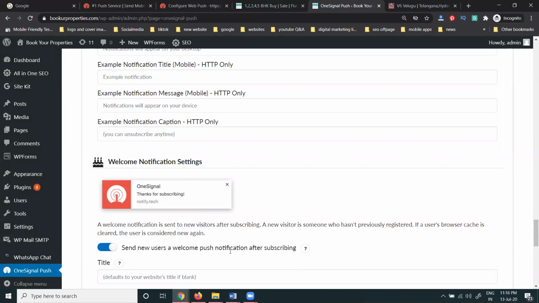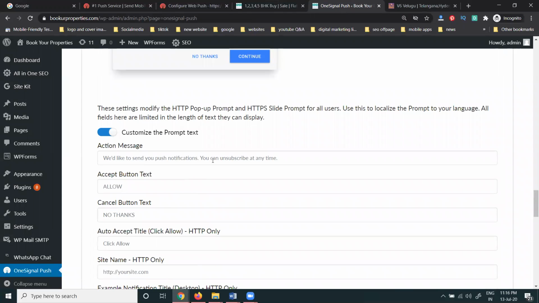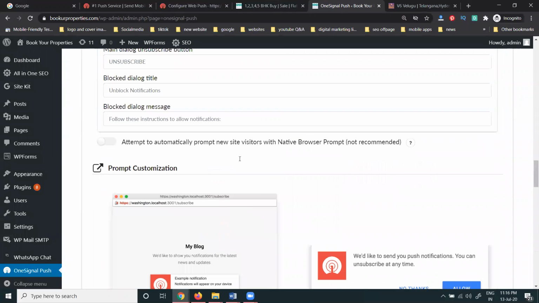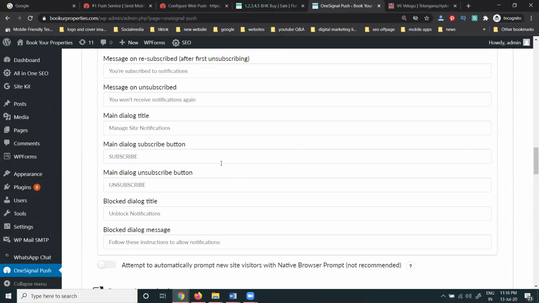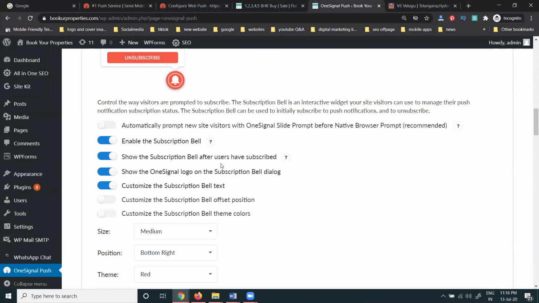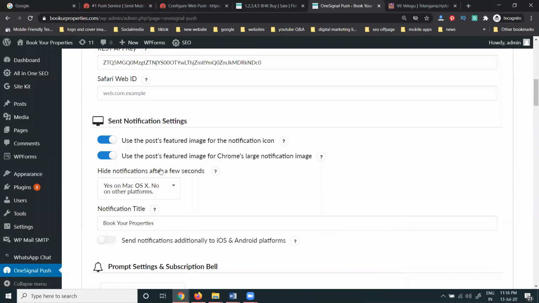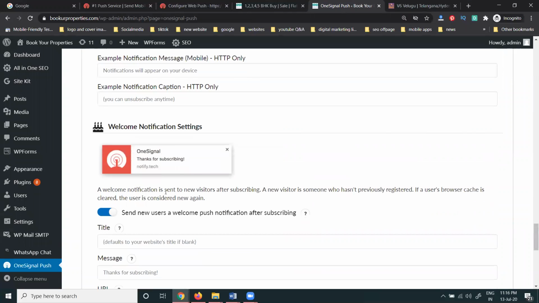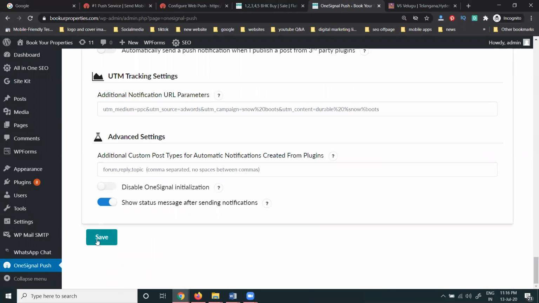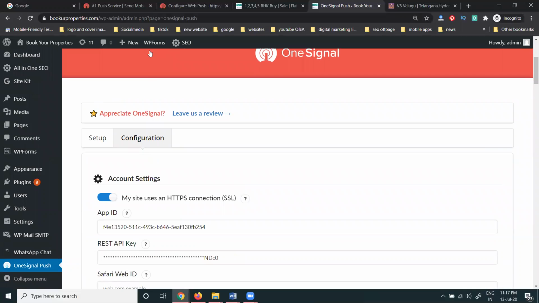Send user welcome push notification. Check all the options here. Finally, click save your option. So the config will be done.